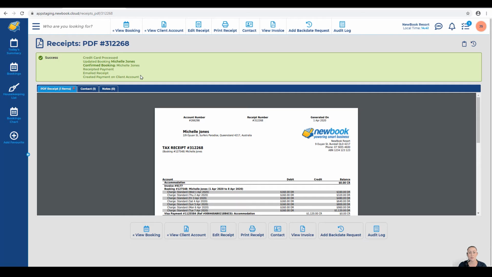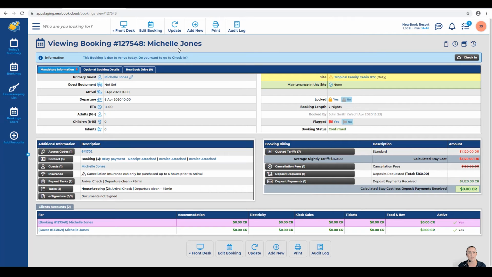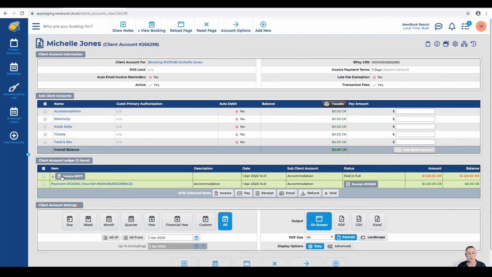So her booking should look a little different now. When we go back to view the booking, there will be no red text as she's fully paid. Her status is confirmed, her balance is 0, and so is her booking client account balance. If we were to take a look within the booking client account, we'll see the invoice is now in green and it is paid in full, and the payment is also in green because the money has been applied against